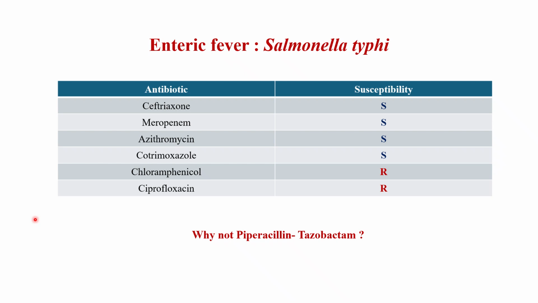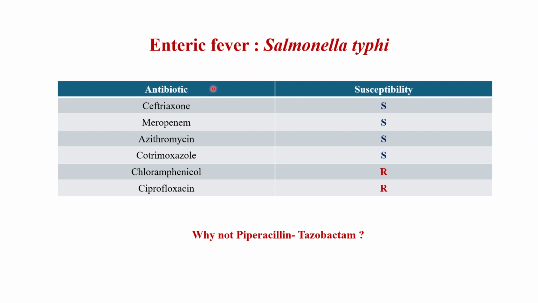This is a very common case you see in India, enteric fever, and you can see that the bacteria is susceptible to ceftriaxone, it is susceptible to meropenem, and it is susceptible to azithromycin and cotrimoxazole. You can choose any of them, but why is there no susceptibility mentioned for piperacillin-tazobactam? This is important. One argument can be there are no CLSI breakpoints, but the reason is piperacillin-tazobactam doesn't have good